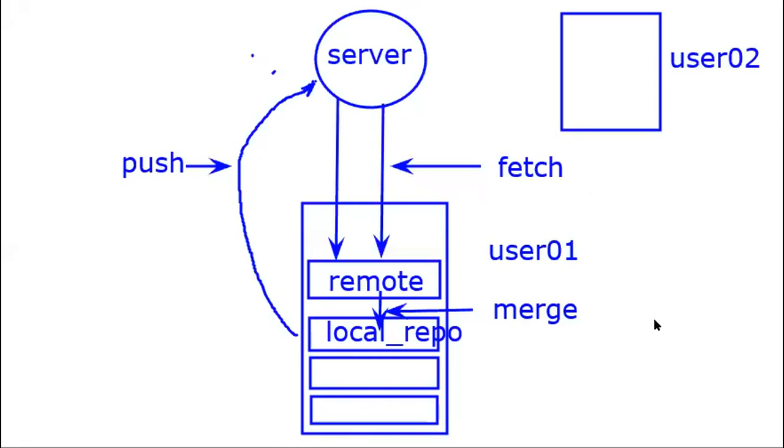Now this is the first method, the indirect method. The second method is to directly download, which is called the pull method. So here we go. First it will go here, and then it will go here. That big line is called the pull method. So I'll say, this is the pull method.